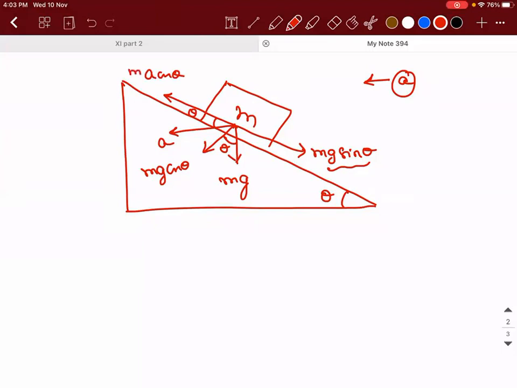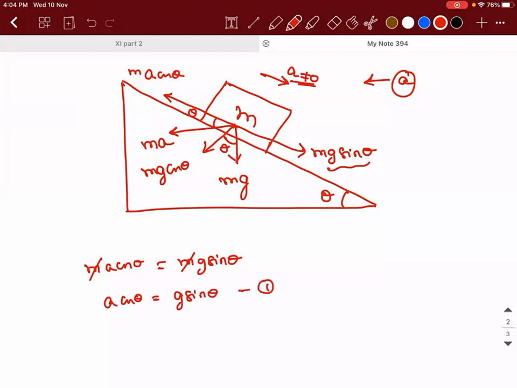Okay. Yes, sir. So for being stationary, I heard acceleration only, no? Then I should write ma cos theta is equal to mg sin theta. Why is it so? Sir, then only the object will remain stationary. Yes, it is because in this direction there is no acceleration. Sir, or we can say there is no relative motion. Yes, that also I can say. a cos theta is equal to g sin theta. Okay, next.